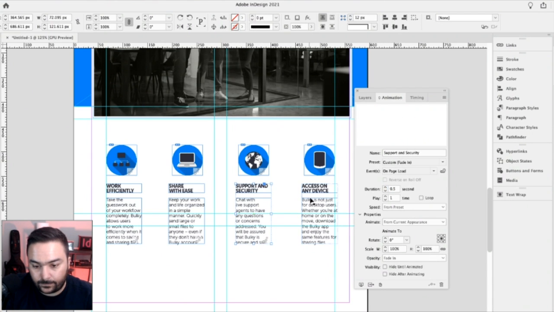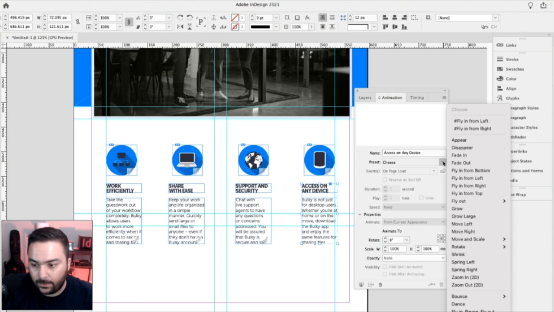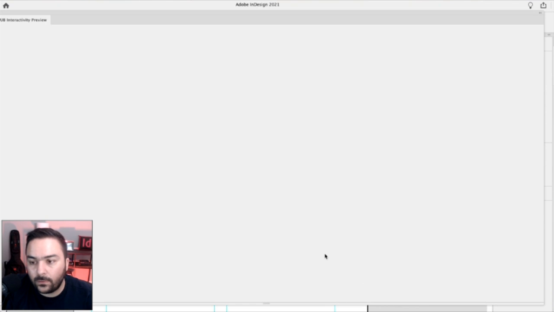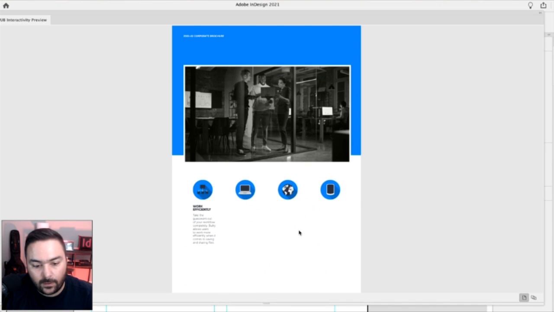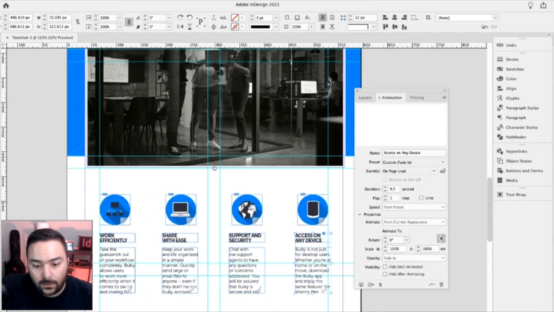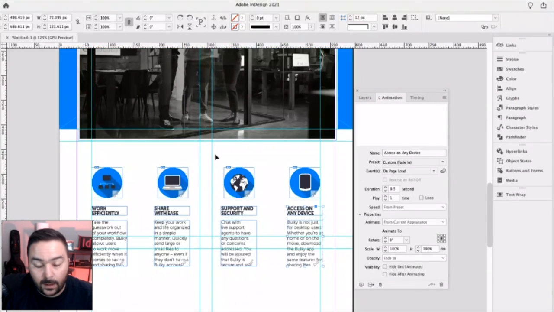Everything else is fine. Click the last one, fade in with a duration of 0.5 seconds. And let's give this a go now with the EPUB preview. There they are, and they come in individually. That's great. So this one is all set as well. Basically, we can move on to the next part of the exercise for animation and timing.